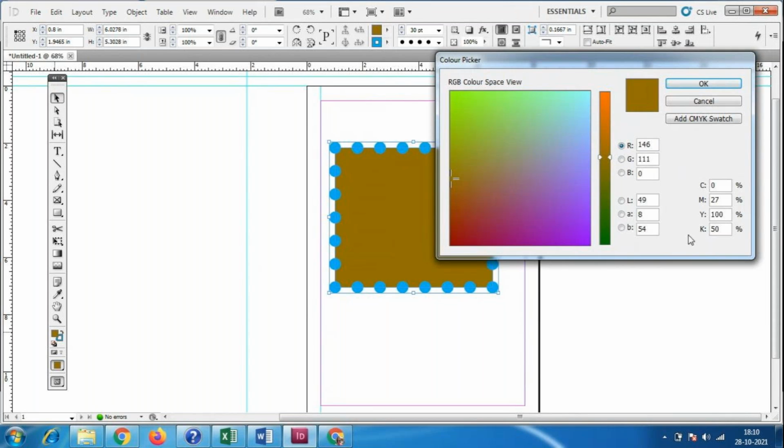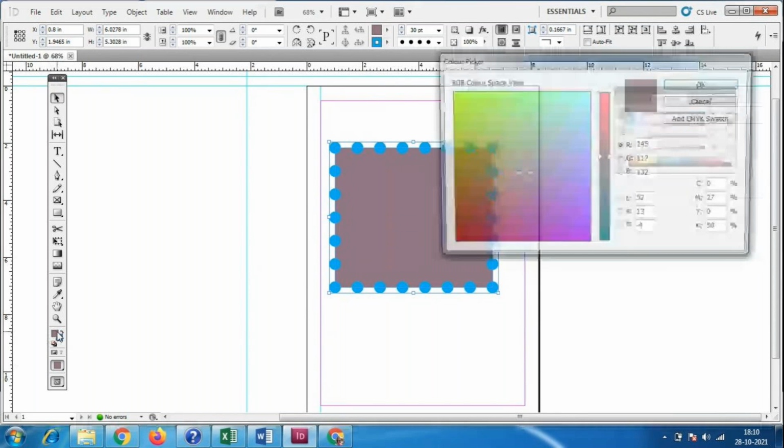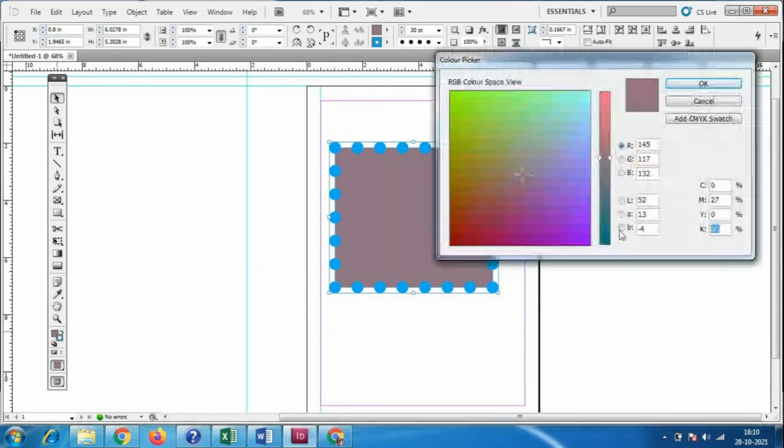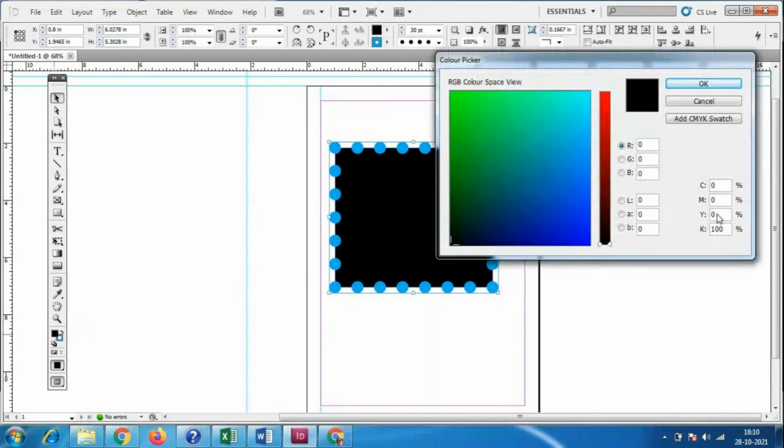We don't want very bright colors, so we are taking CMYK colors only. Here everything I'll make zero. Suppose I want 100% black, so I'll give 100% black, means we have to use everything. I'm making the others zero and I'm getting 100% black here. So whatever color we want at 100%, we have to make only that color 100%.